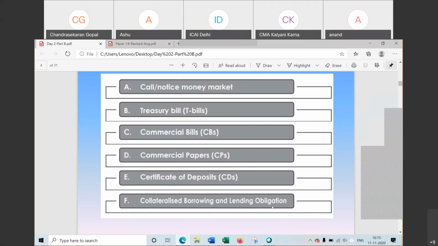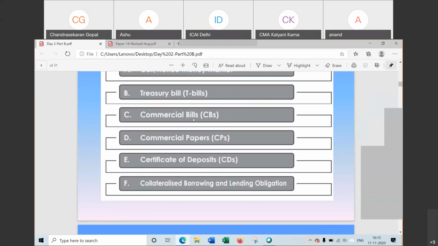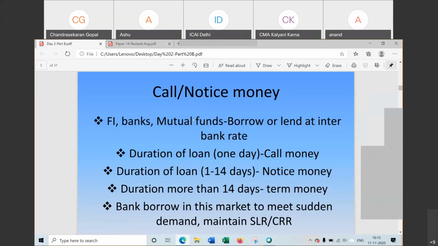Now first one, what is call money and notice money market? One instrument is call and notice money. To raise the fund in money market for the short term period, call money is used. So what is call and notice money? Here in money market, financial institutions, bank and mutual funds, they borrow or lend at interbank rate. This call and notice money instrument is not for individual. This one is for financial institutions, bank and mutual funds. They can only borrow or lend. And borrowing and lending will be at the rate of interbank rate. Means interbank rate is rate at which these financial institution banks, they can borrow or lend. So this borrowing or lending for call and notice money will be at interbank rate, and this is not for